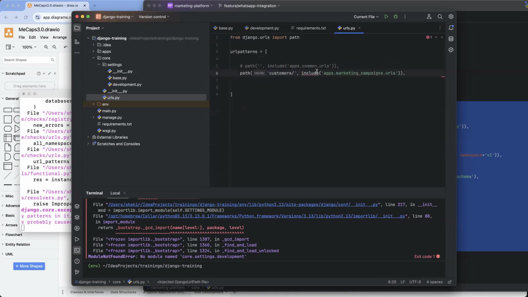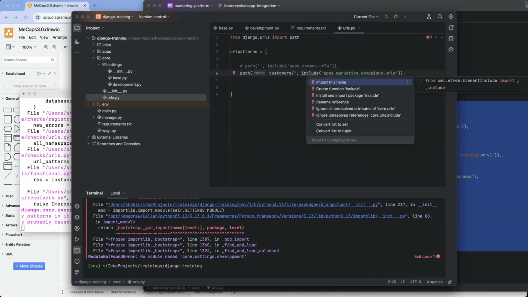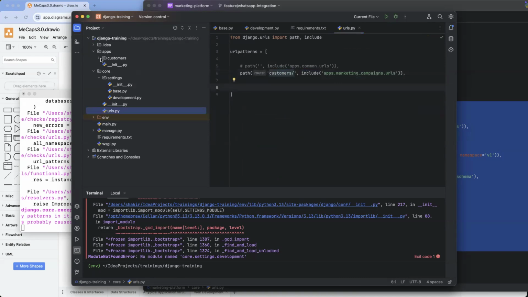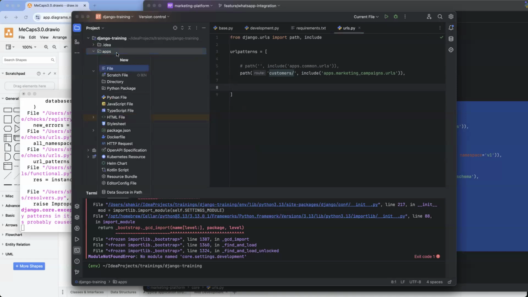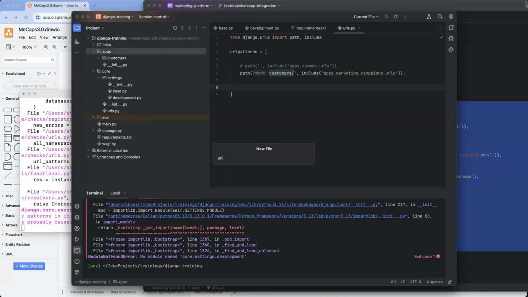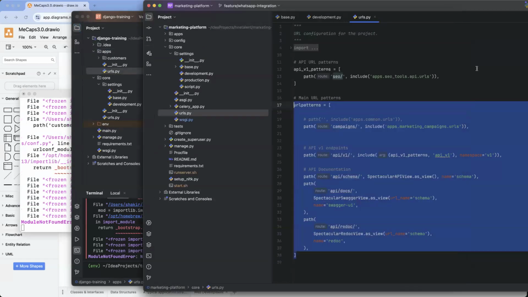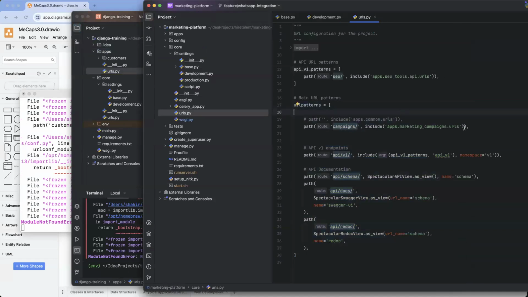The customers and include apps dot. And see, I can create URLs application wise also. I can very well create some URLs out here, which will be application wise. So I'll create the file urls.py. And I will have to create some pattern here as well. Okay, I'll have to do the views and stuff and all. So Python getting started with